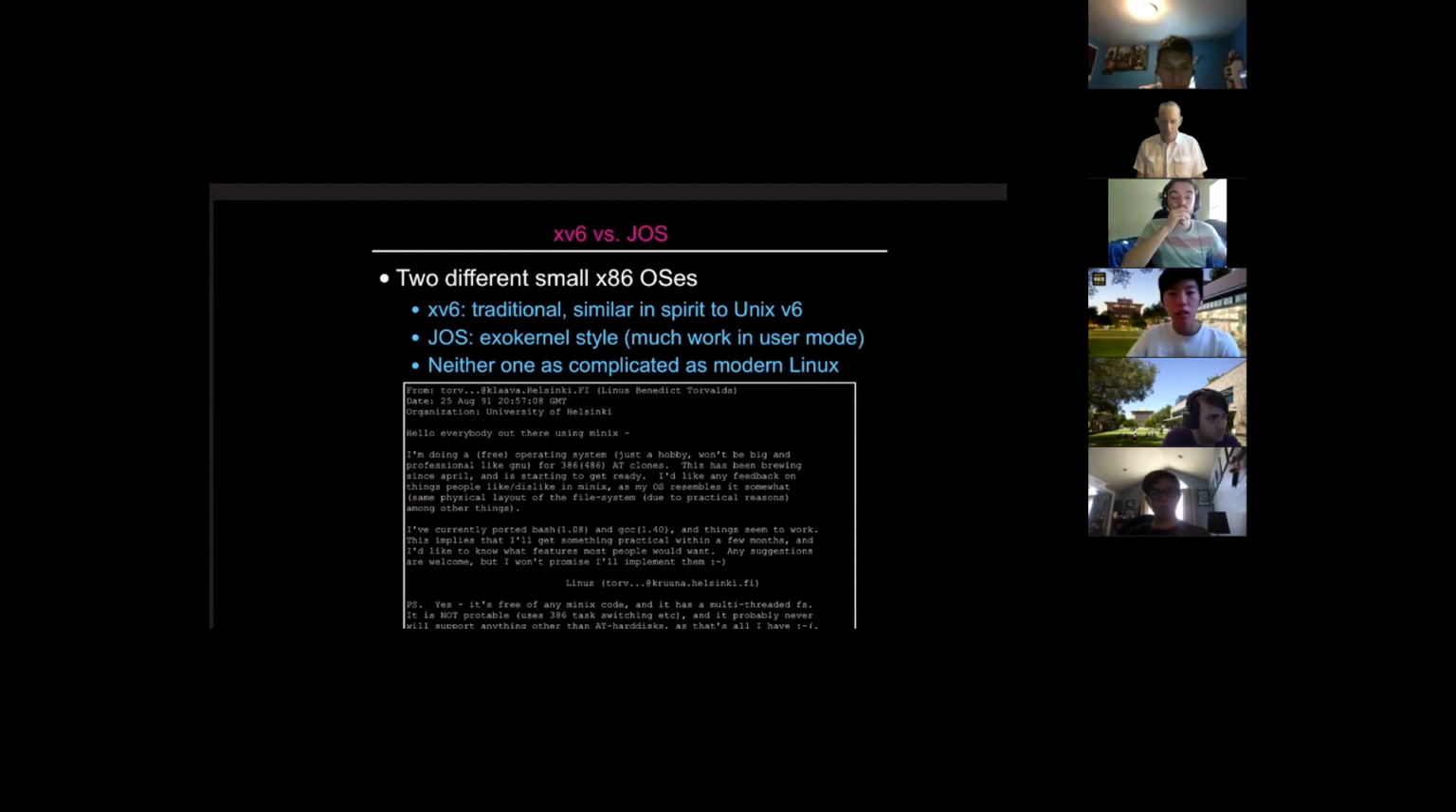This implies I'll get something practical within a few months, and I'd like to know what features most people would want. Any suggestions are welcome, but I won't promise I'll implement them. And at the end, he says, P.S. Yes, it's free of any Minix code and has a multi-threaded file system. It's not portable, uses 386 task switching, and it probably never will support anything other than AT hard disks,